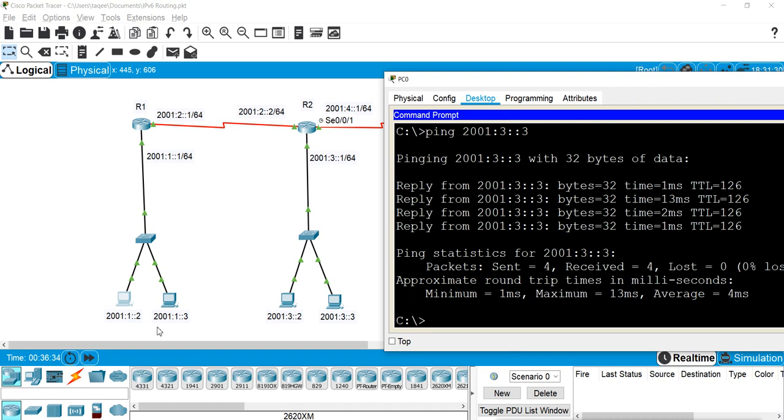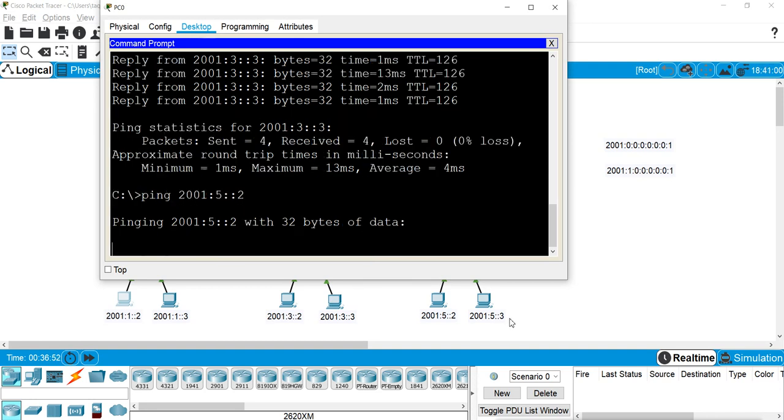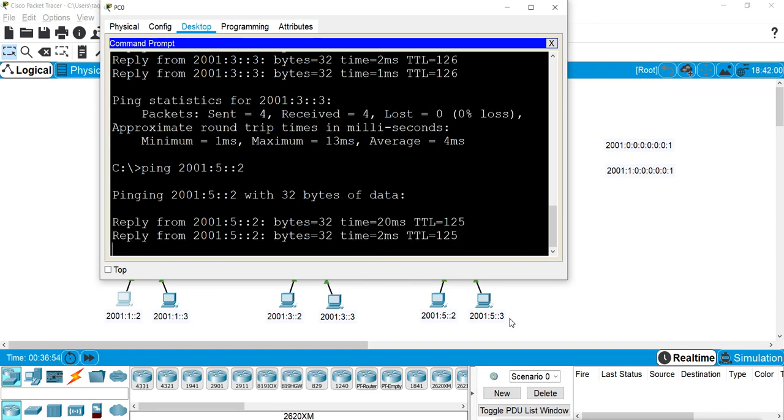So this machine can ping here in this network, and then I can try to ping this network also, which is 5:2 and 3, and I am getting the reply. Now why am I getting the reply?